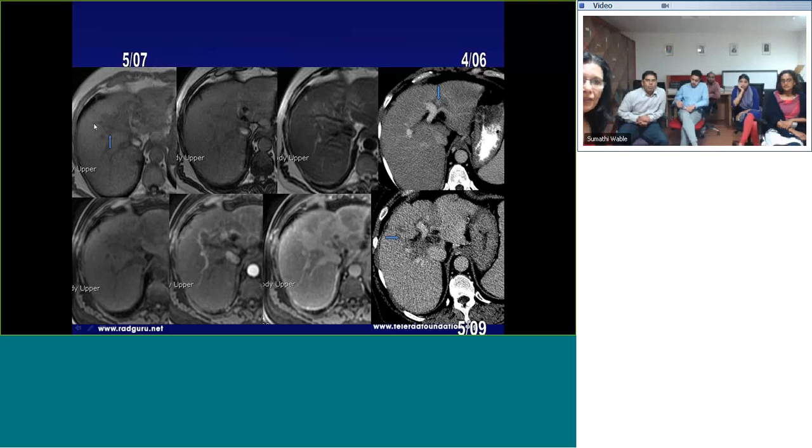And you see this low signal intensity area, which is mildly hyperintense on T2. And again, about a year ago there was a smaller area next to the portal vein here on CT. And what happens with the